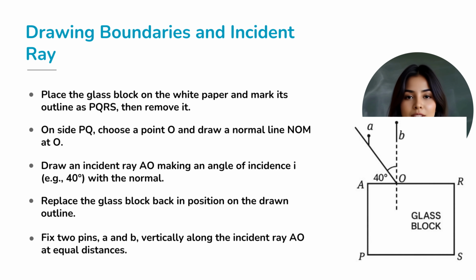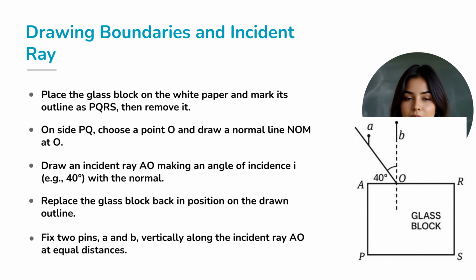First, we place the glass block on the paper and carefully draw its outline. Let's label the rectangle as PQRS. Remove the block for now. On side PQ, choose a point O and draw a perpendicular line, that's the normal, labeled NOM. From O, draw an incident ray OU such that it makes a chosen angle of incidence I with the normal,